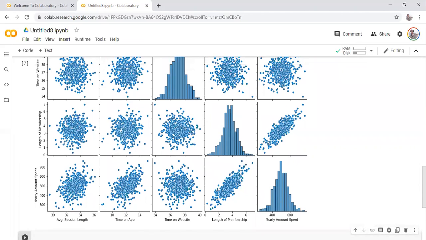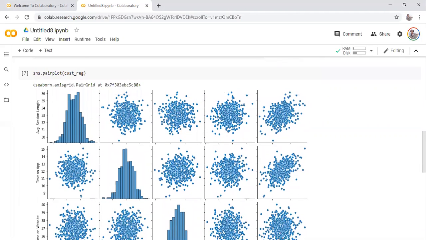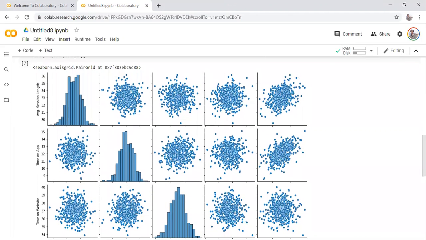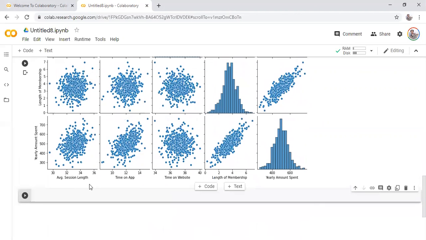Okay, so now if you take a look at it, you see how all the parameters have been interacting with each other. On the x-axis and y-axis, we see different parameters. This is, for example, yearly amount, and this is how it's interacting with average session time, then time on app, then length of membership.